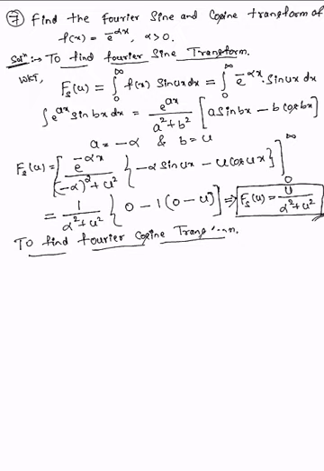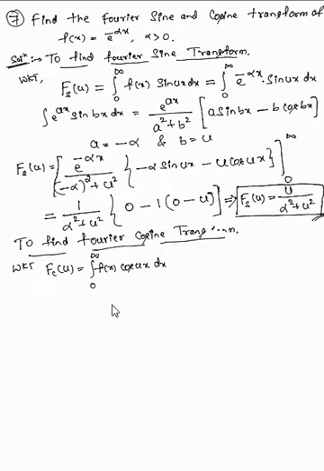See here, to find cosine, almost the same formula, fc of u. Here instead of sine you get cos. Right, I'll repeat the formula now. We know that fc of u, cosine transform, is integral 0 to infinity f of x into cos ux dx. So just look at the sine transform formula, same thing, but instead of sine you get cos. Now substitute your f of x. What is f of x? e power minus alpha x.